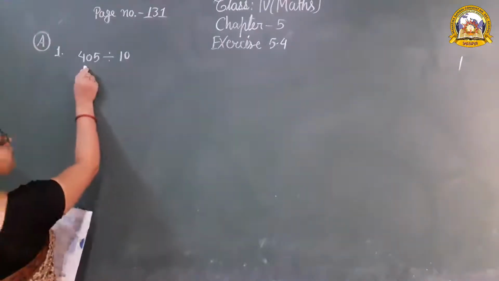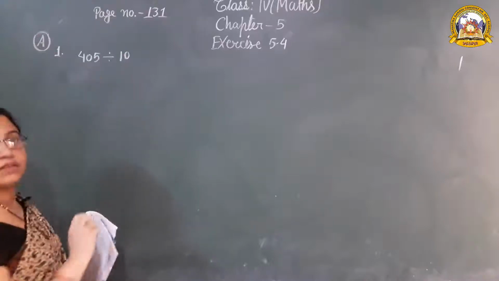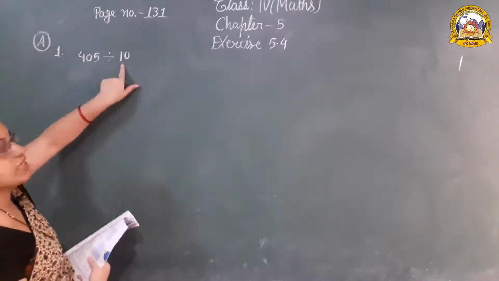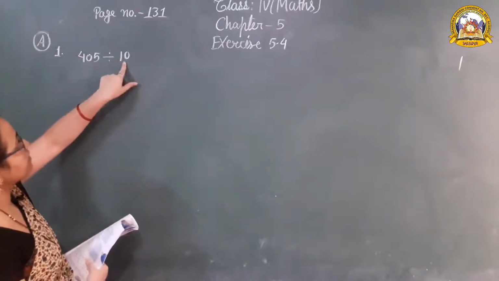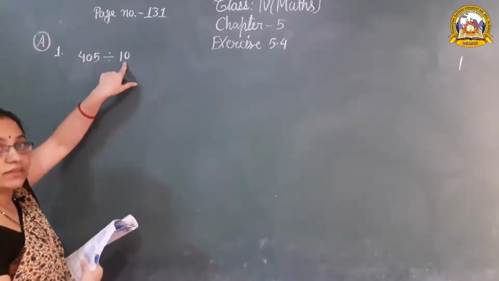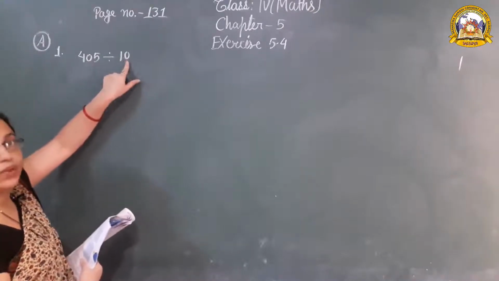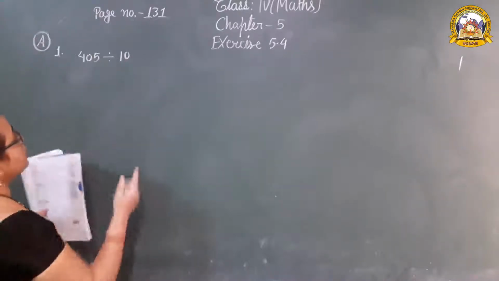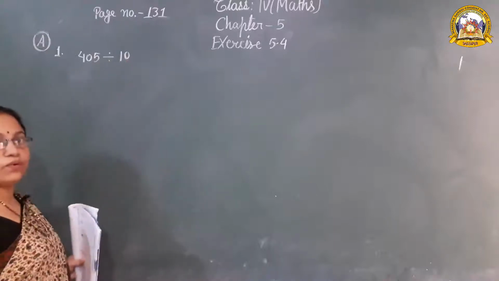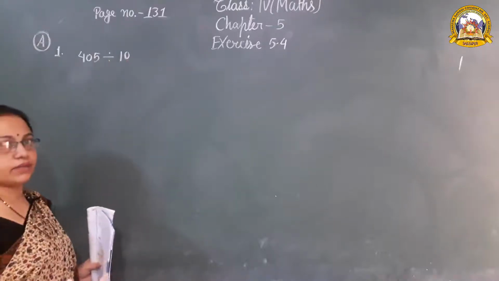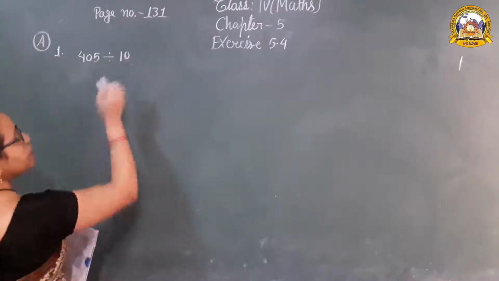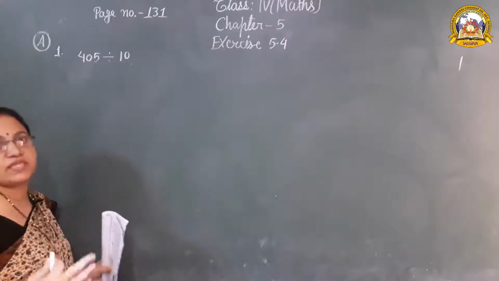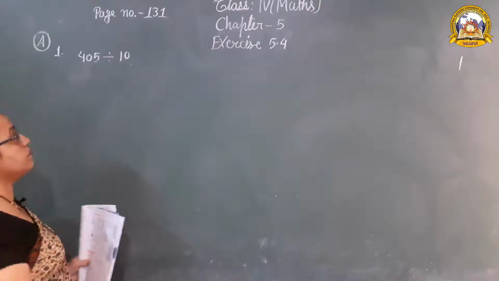So that is a dividend and it is a divisor. First number is a dividend and second number is a divisor. In the divisor, which number is there? 10. How many 0 in 10? 1 zero. So according to the number of zeros, we get the quotient and remainder. यहाँ पे डिवाइजर में जितने भी 0 होंगे उसके अकॉर्डिंग जो है हम बिना डिवाइड किए, विदाउट लॉन्ग डिवीज़न, वी गेट द क्वोशिएंट एंड रिमाइंडर.